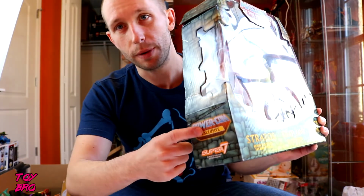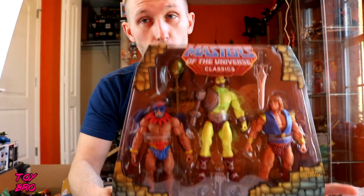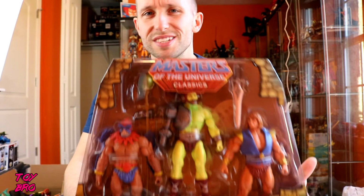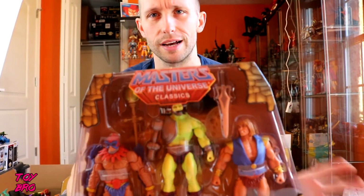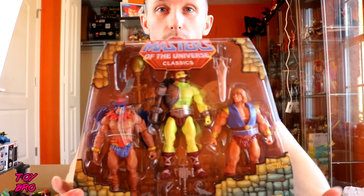We've got our PowerCon and Super 7 logos down here on the bottom, which is really nice to see. I'm glad we're getting more stuff from them. This is our standard kind of 3-pack box. We've seen this used before with figures like the Star Sisters, for example. The big thing, though, outside of the fact that we're getting new figures, is that we've got such a great